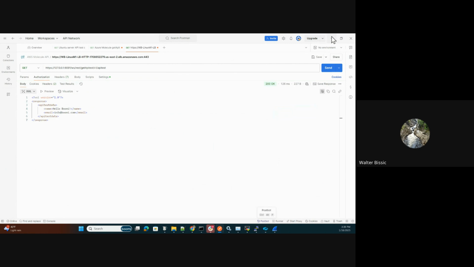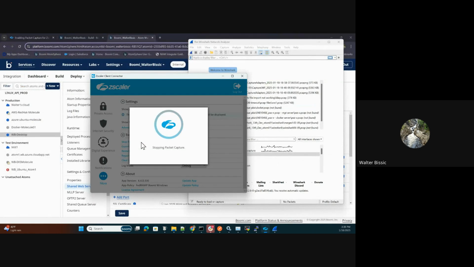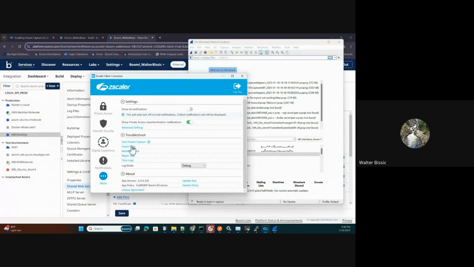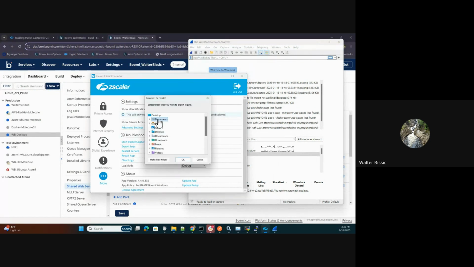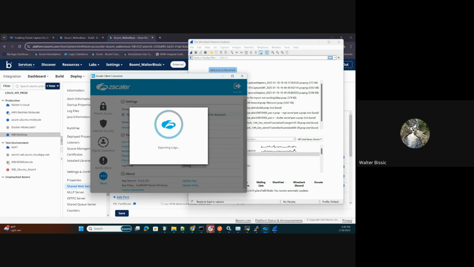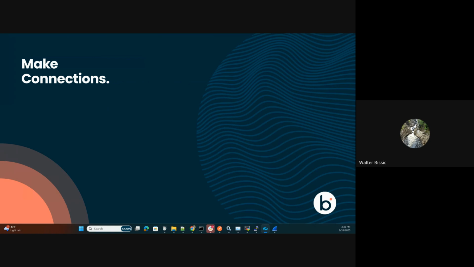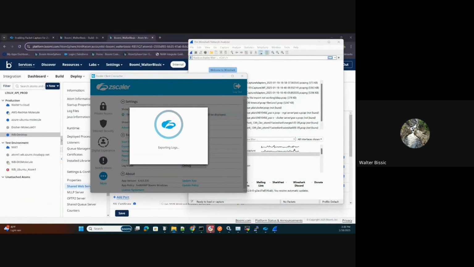So now we can stop the capture, and then we will simply export the logs. I put in a folder here, so I just click on that, and now it's exporting the logs. Once those logs are there, it creates a zip file, we open that file up, and then we can look at traffic from both devices. I'll show you that in a second, as soon as the export